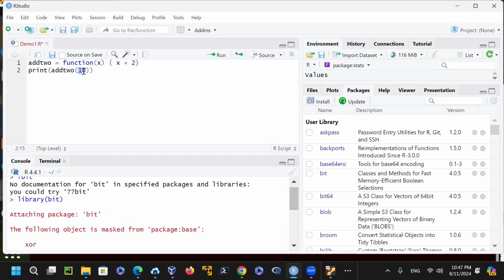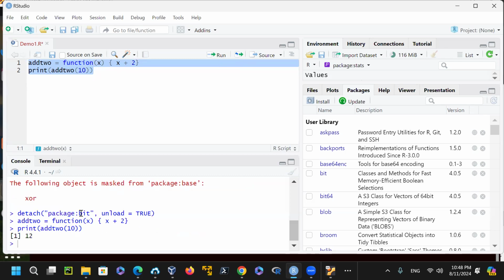value, and this is replacement by value to the variable x, and then x gets added to plus 2, and the scope of this function has defined the x within this function. So once it is given the argument of 10, this is going to pass inside the print statement, and it will execute it. In order to run this one, you could just say run here, and it will just give you that output here. So now the add 2, if I just say add 2,